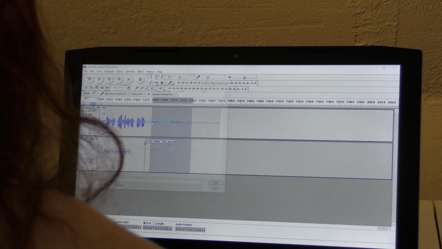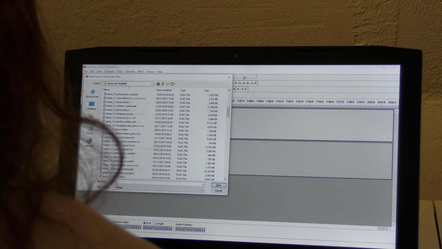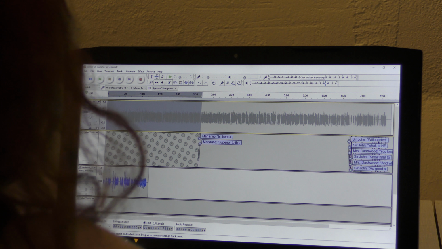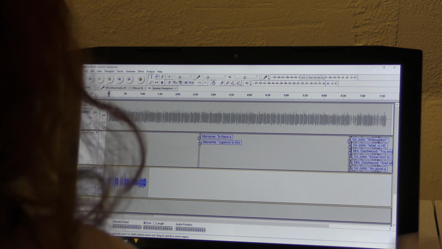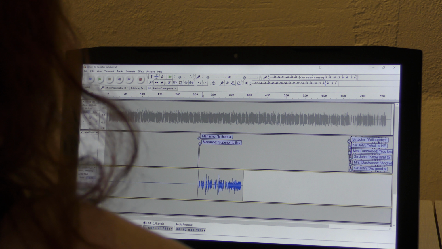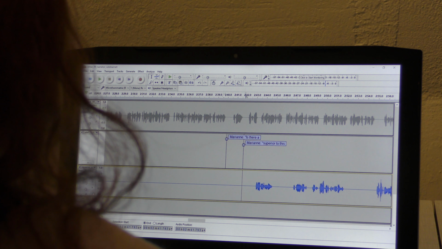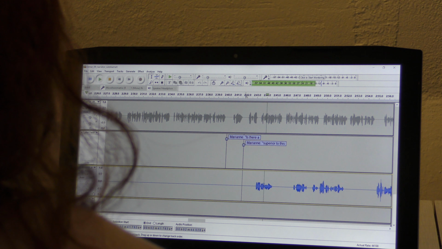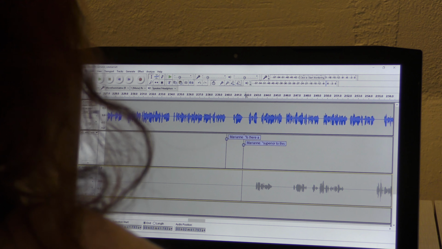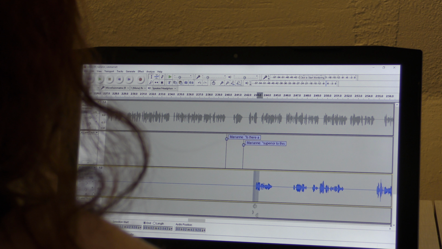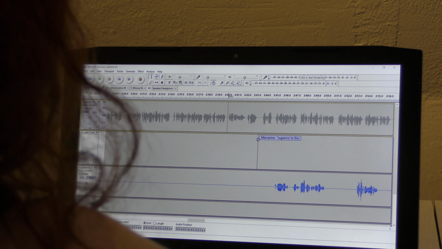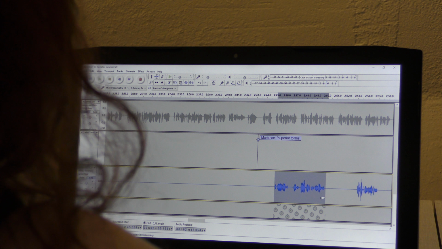Then I import the lines of all the characters that are in that scene. I do a quick check to make sure that the volume of that recording is the same, or at least close enough to the volume of the narrators. And then I go through and insert all of the lines one by one into the main file. And what I do on this pass through is I just sort of haphazardly throw the lines in, sort of mindlessly. And then what I do afterwards, when I have all of the different characters' lines in a